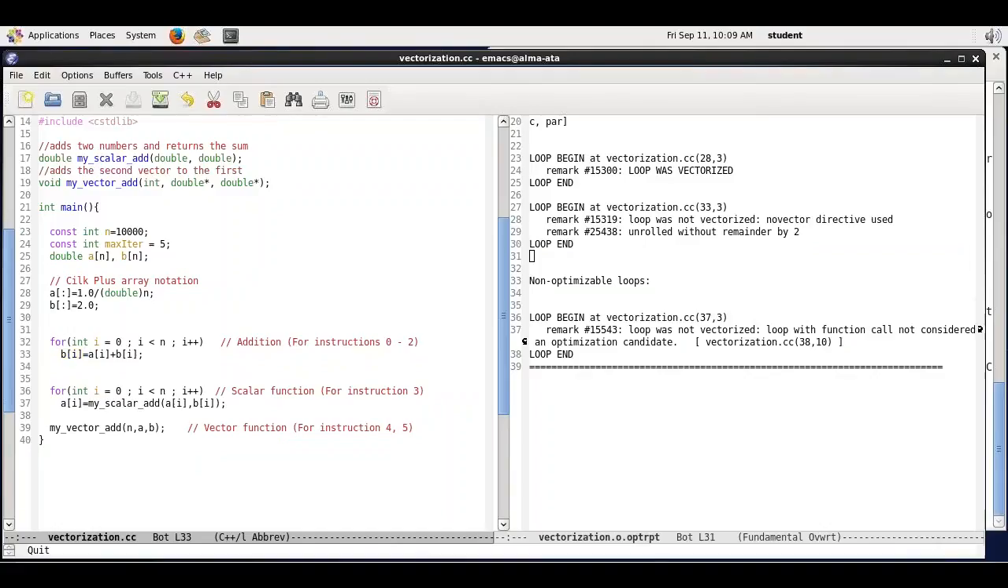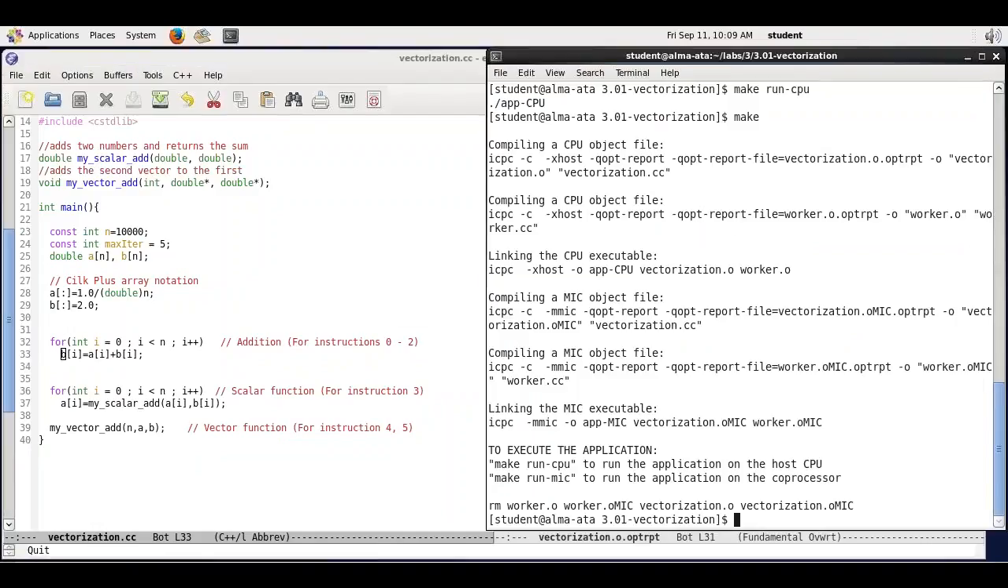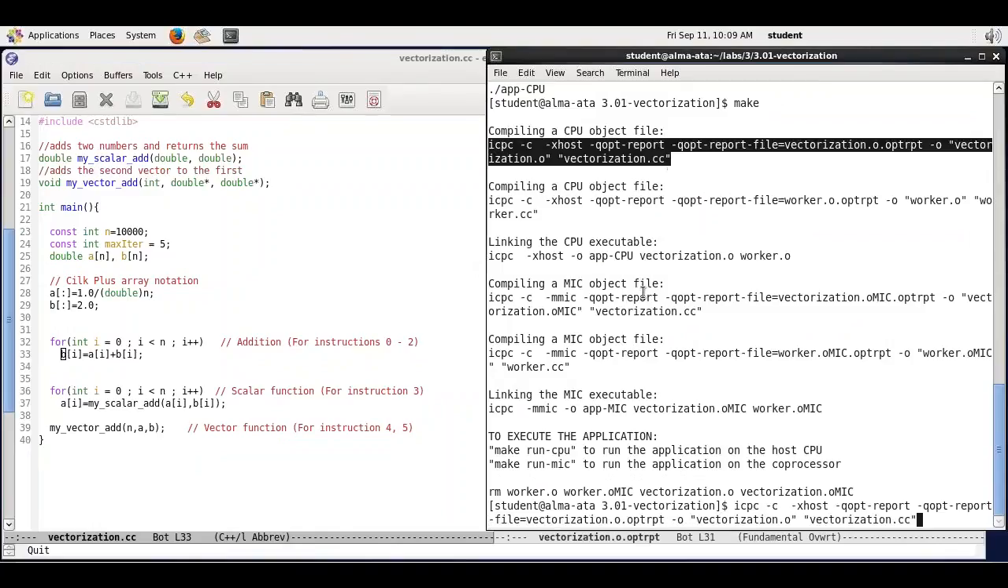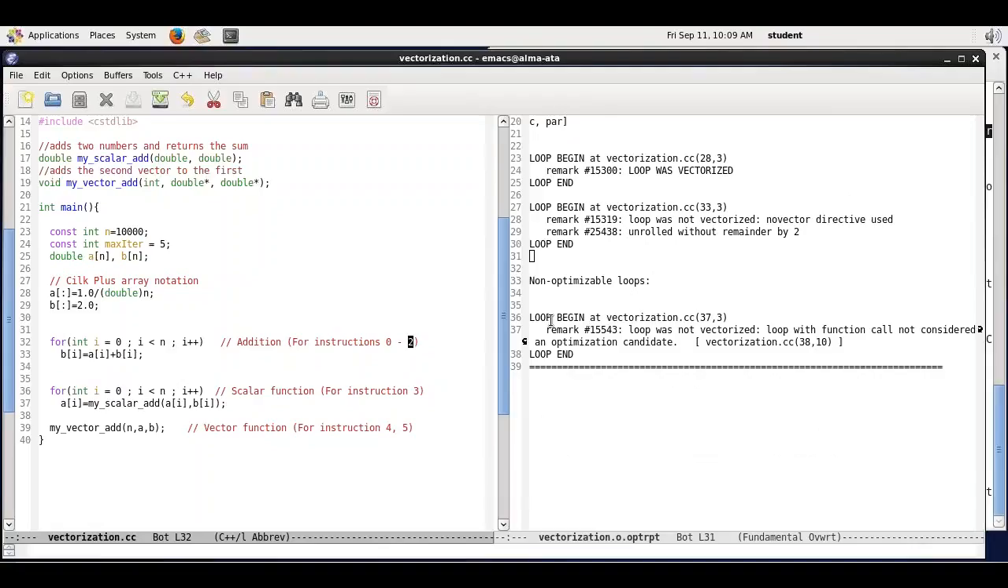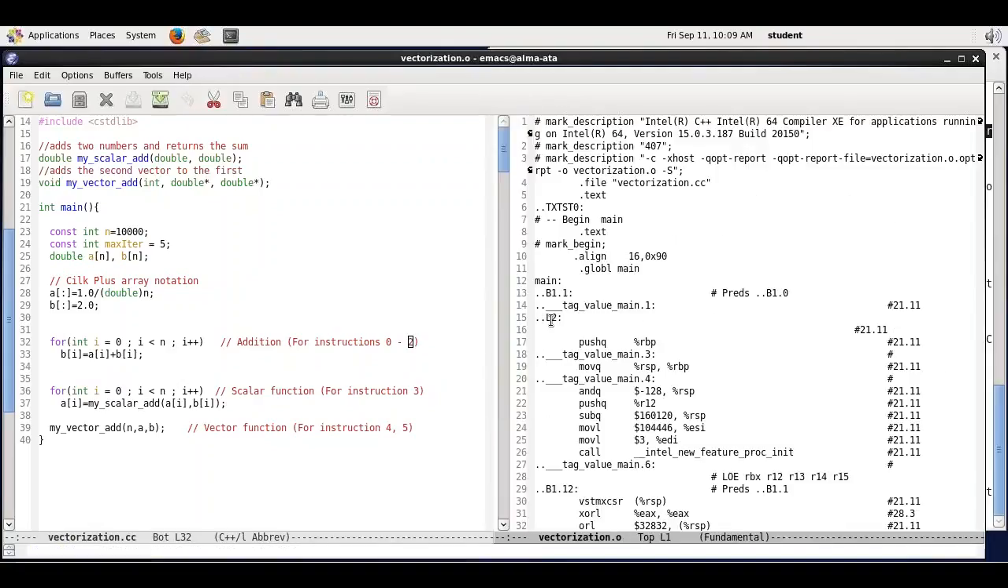By the way, to see what exactly the compiler did, maybe I could produce the assembly code, the assembly listing for you. I will show it once to explain why I'm not going to show it in the future. So I will compile with the argument capital S, and then when I go to vectorization.o, it will actually be the assembly listing. So if I try to search for line 33,